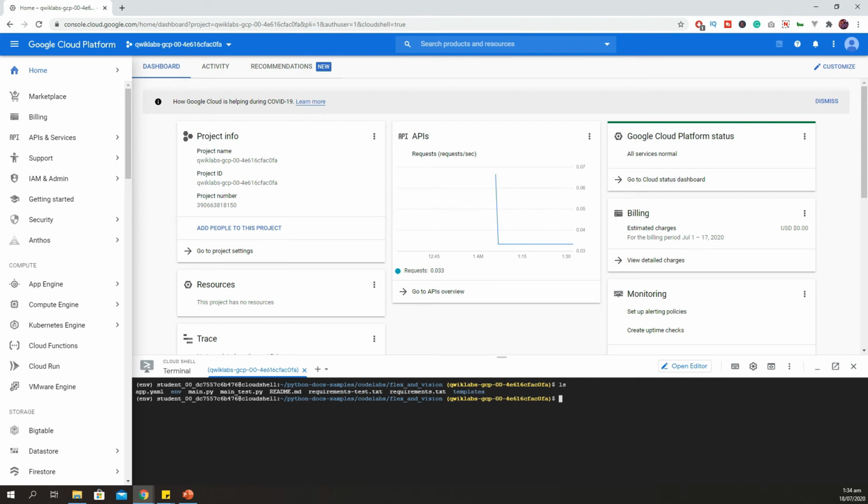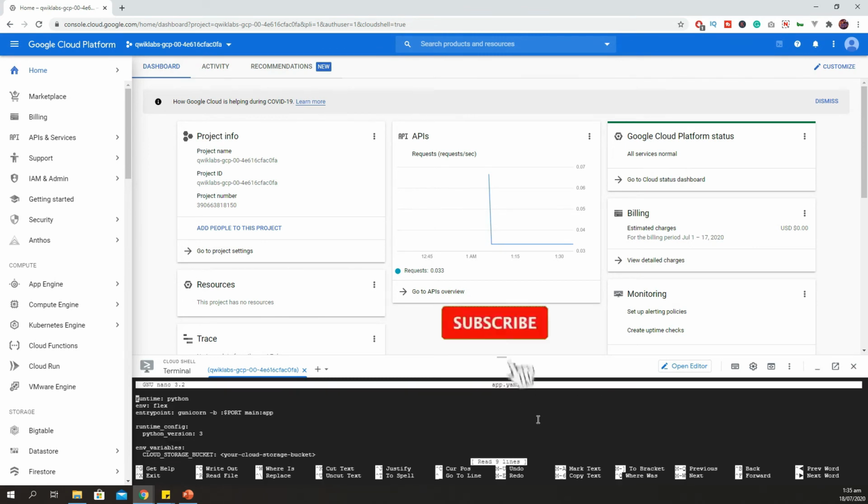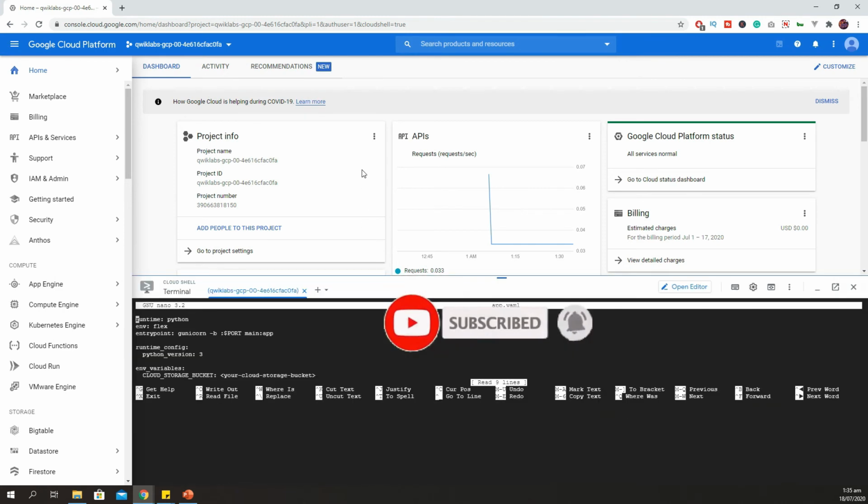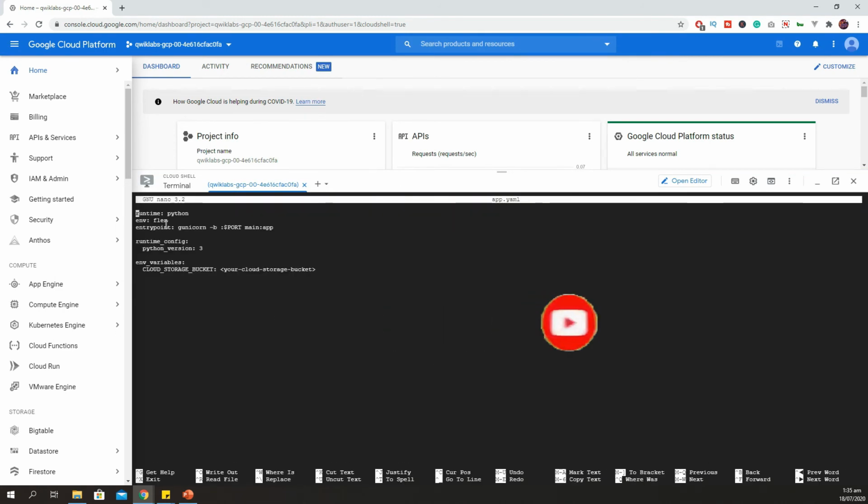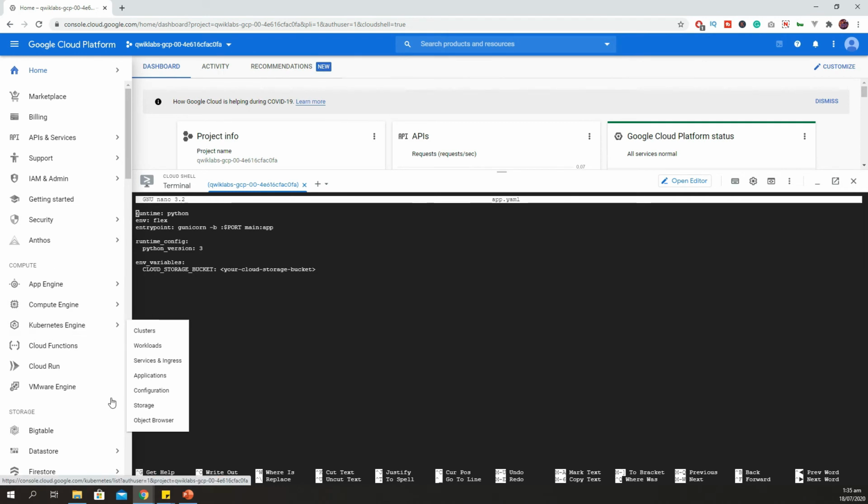Now to deploy our application to App Engine flexible environment, we have to go to our app.yaml. You can see there is configuration. This configuration is used by Google App Engine to verify the settings and configuration of the server. So before deploying, we have to configure this file. What we need to do here is add our Google Cloud storage bucket ID. Our bucket ID is the same as our project ID. So I will replace this with our project ID and save it.